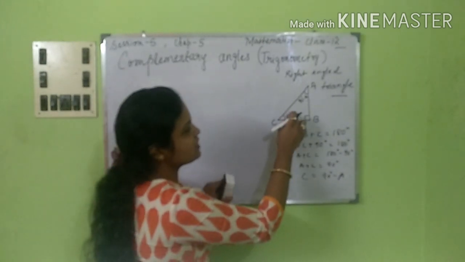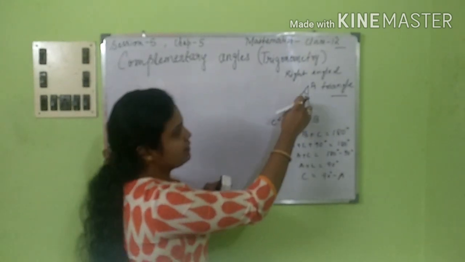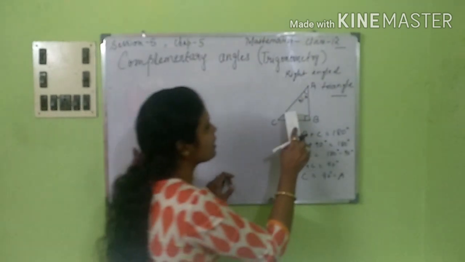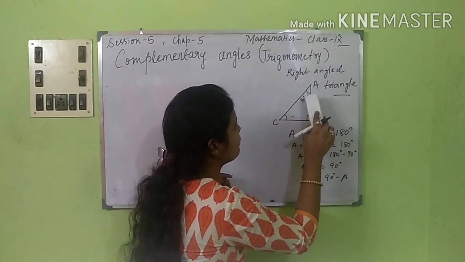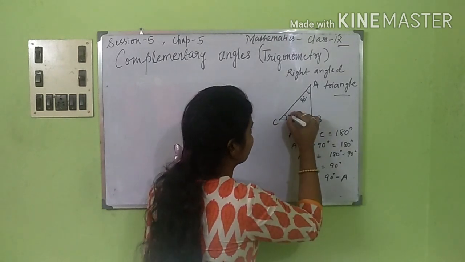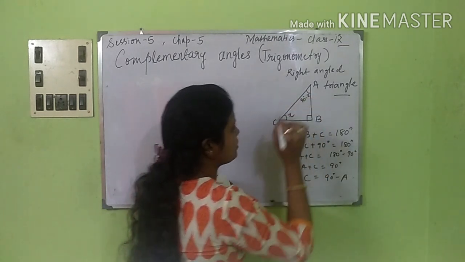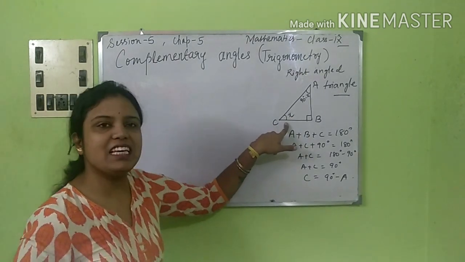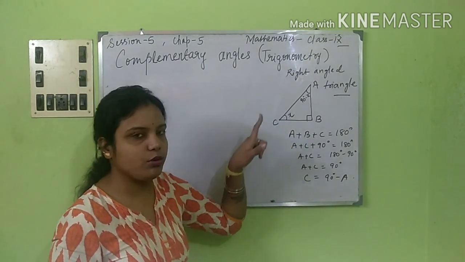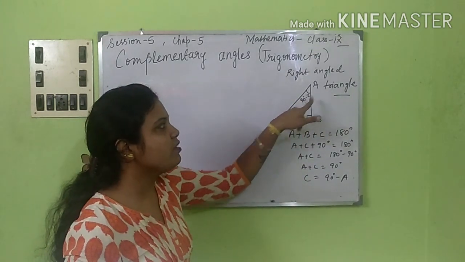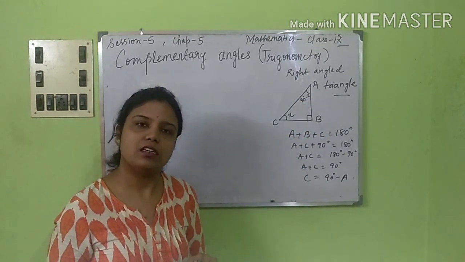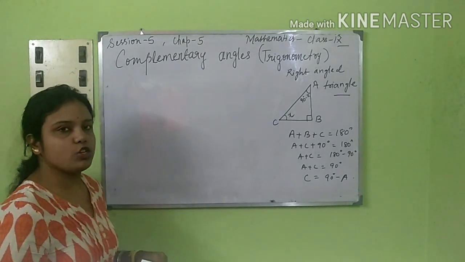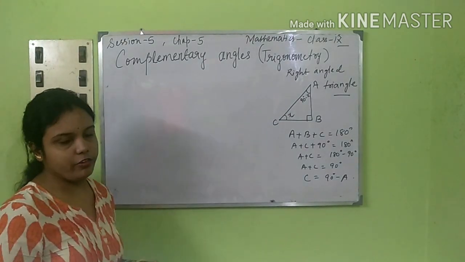So that means if this is small a, then this angle A will be what? 90 minus small a, or rather you can consider this is something else also for your convenience. Let us take x. I think it will be much more easy for you to understand because all the terms will be different. So if angle C is x, having the value x degree, then angle A will be what? 90 degree minus x. Okay, I hope this part is clear to you. Now accordingly we will be solving out the trigonometrical ratios.